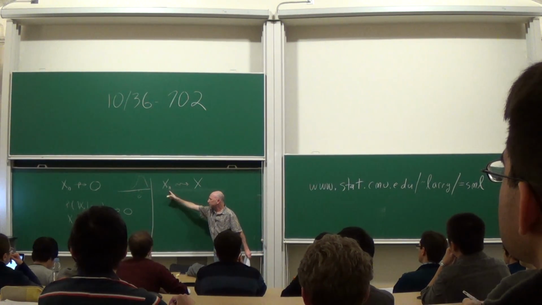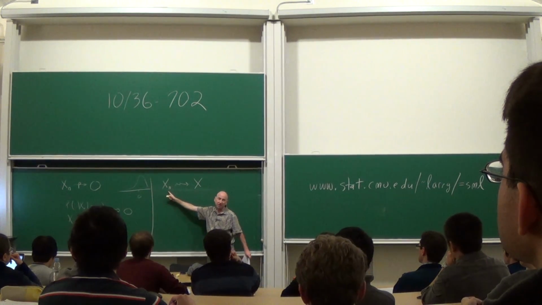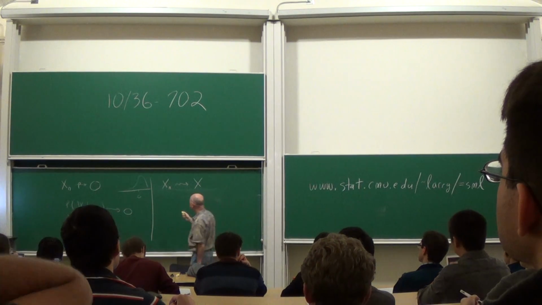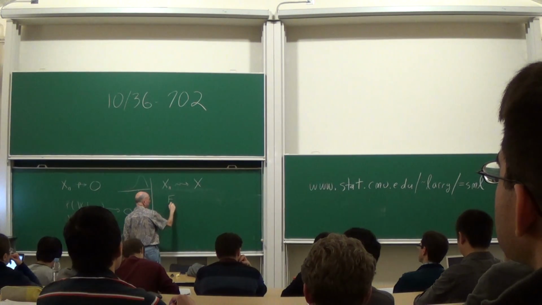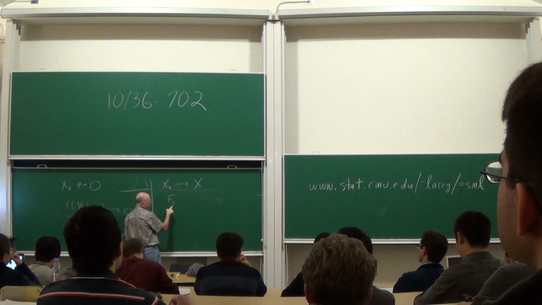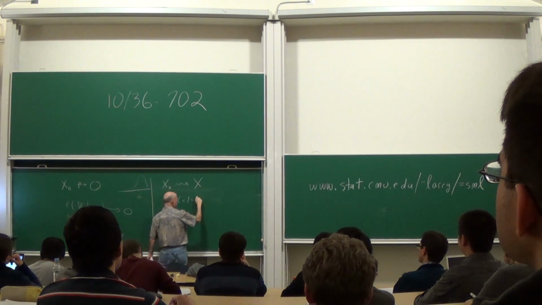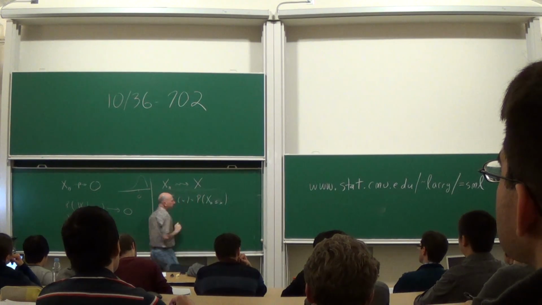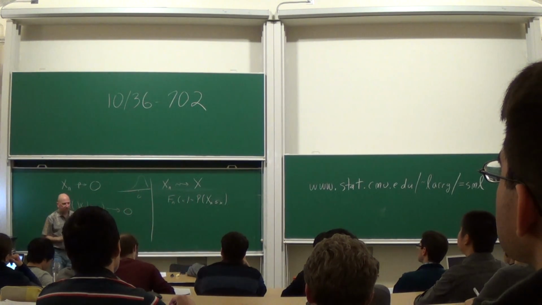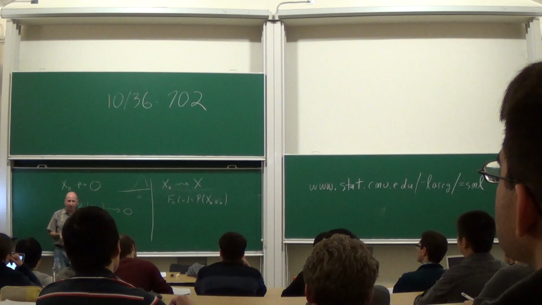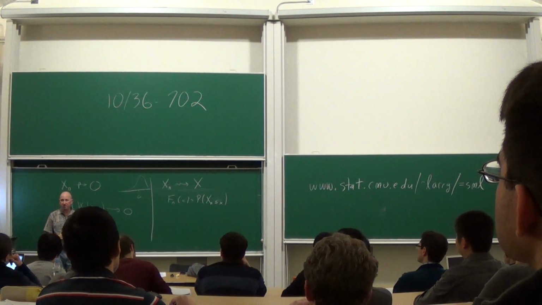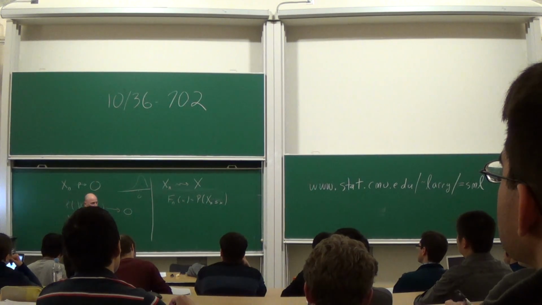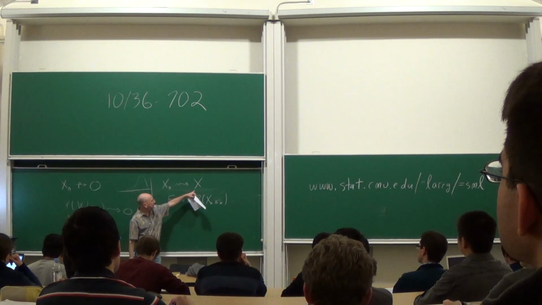It means that the distribution of this random variable converges to the distribution of this random variable. So what is the distribution function? The distribution function is defined to be the probability that Xn is less than x. And you remember from 705 that the distribution function completely characterizes the distribution. All the information about the distribution is contained in the CDF. And so this means that